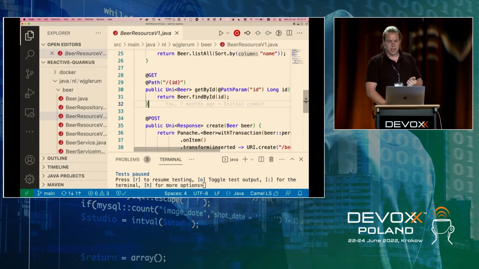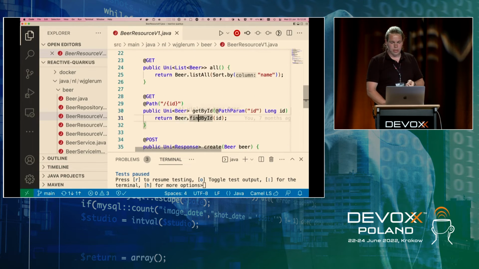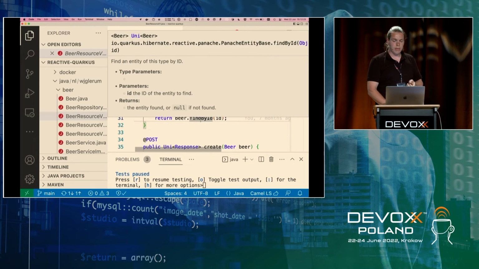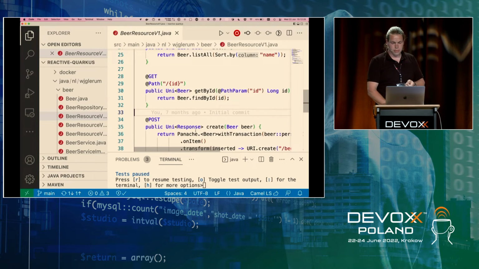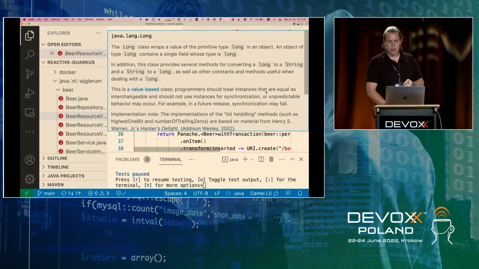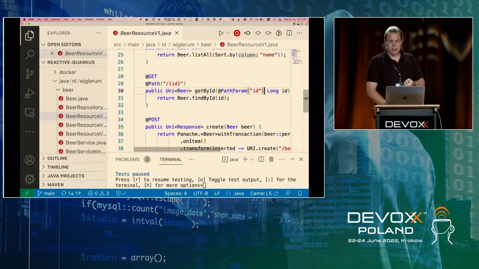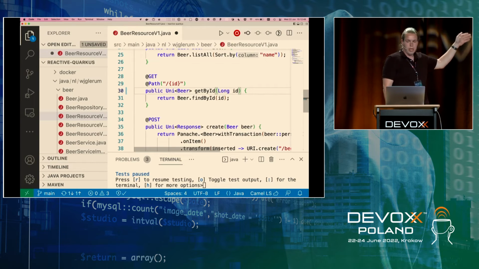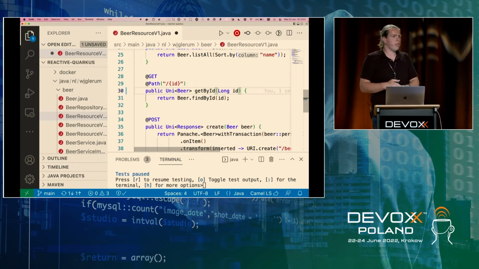Next, we can get the beers by ID. So again, using the active record pattern, it automatically has an ID, so we can find it by its identifier. A nice thing about RESTEasy Reactive is that this path param is actually no longer needed. Normally you need to annotate it, to say you already have it in the path, this ID. But here we can omit it as well. This would also just work. And it works because the variable name is the same as the variable name in the annotation. That was a bit redundant in the normal RESTEasy implementation.